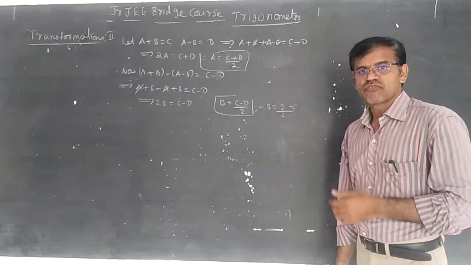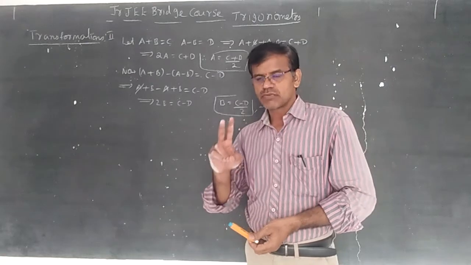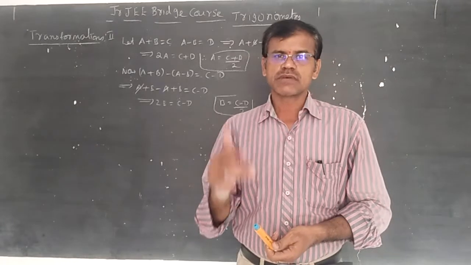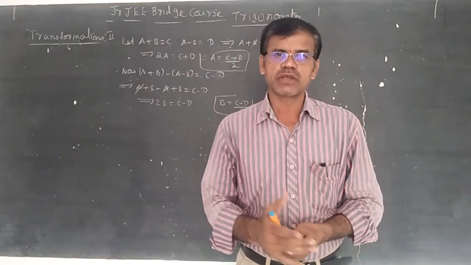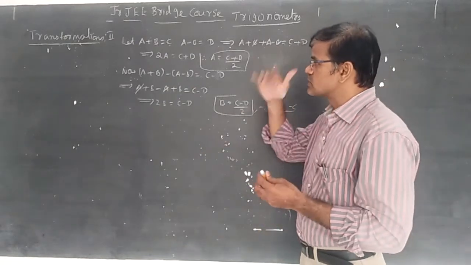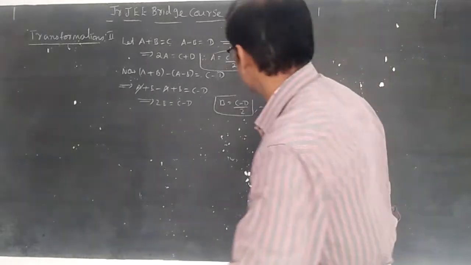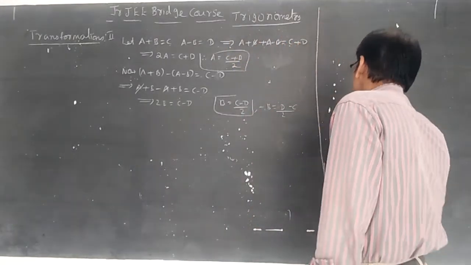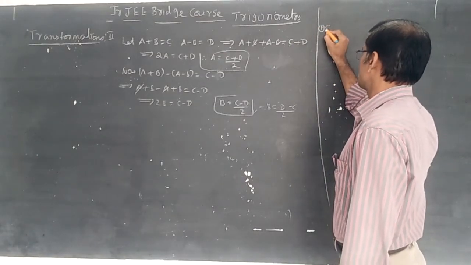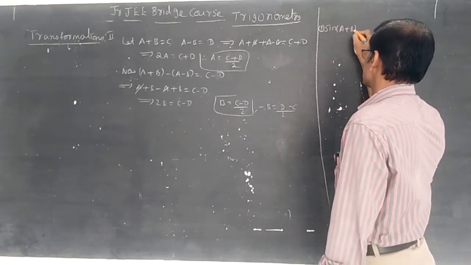Now let us create the formulas: sin of A plus B plus sin of A minus B, sin of A plus B minus sin of A minus B, cos of A plus B plus cos of A minus B, cos of A plus B minus cos of A minus B, and cos of A minus B minus cos of A plus B, whatever the formulas just diagrammed here. Now we want to discuss, depends upon those formulas, again transformations. So let us write here all the formulas. Before going to discuss the formulas, I will write the total formulas. Depends upon this formula, now we can write the transformations.